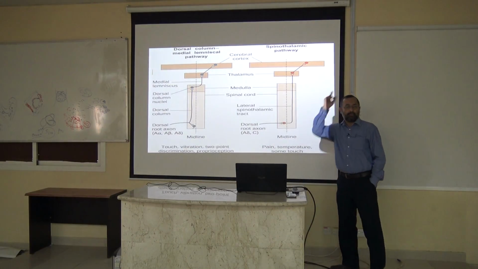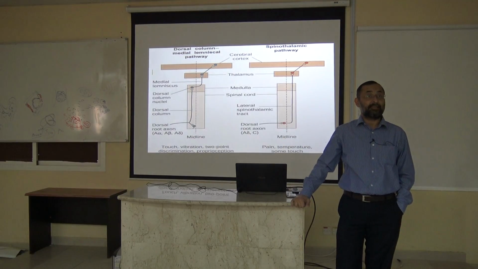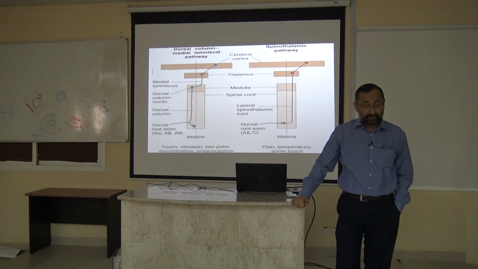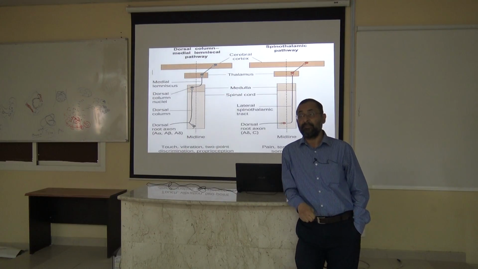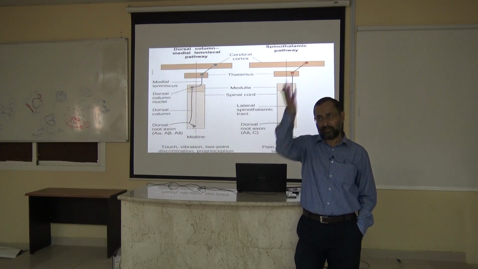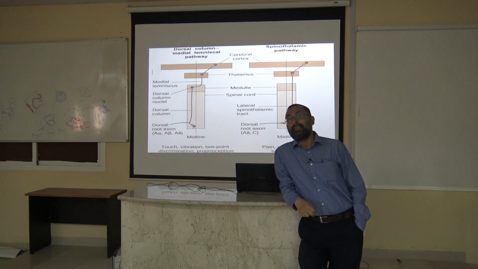After that, going to thalamus. Thalamus, third order neuron present. Yes or no? Yes. And the third order neuron is now projecting its fiber to the cortex finally. Okay? Alright. If it is projecting the fiber to the cortex, then it's going to the cortex. Alright? In this case, the pathway will be